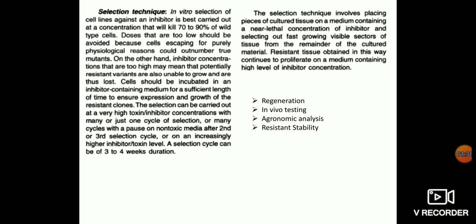In order to avoid that, regeneration is generally achieved by reducing the level of oxygen in the media and incubating the cultures in light. So in order to avoid the death, what we can do is incubate it in the oxygen containing media. That's what they mentioned.